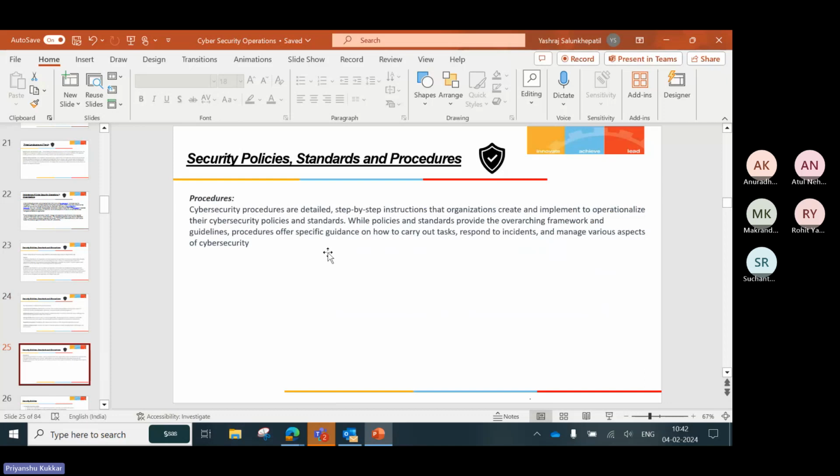So a policy is a setup, a standard is the magnitude of that setup, and a procedure is the way this is accessed. A particular thing is accessed, or the procedure is executed. Okay. While policies and standards provide the overarching framework and guidelines, procedures offer specifics on how to carry out tasks, respond to incidents, and manage various एस्पेक्ट्स